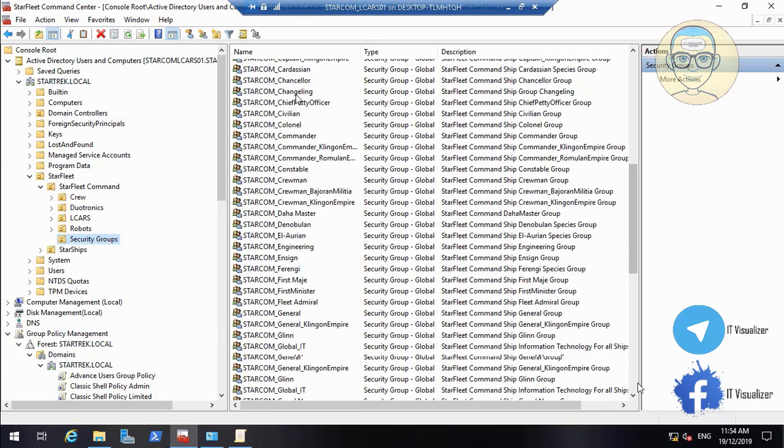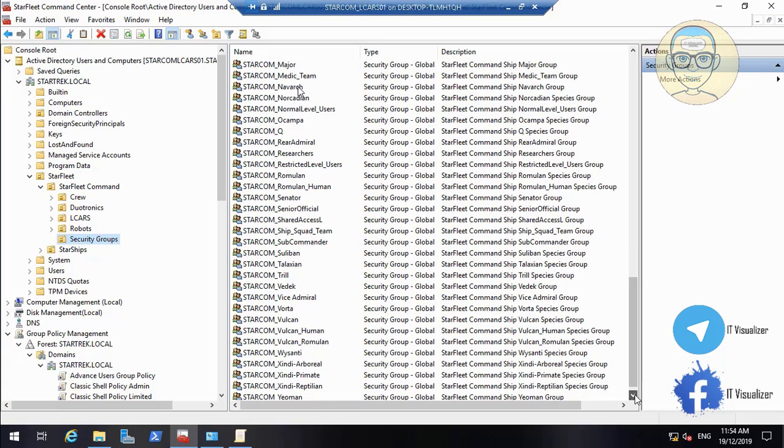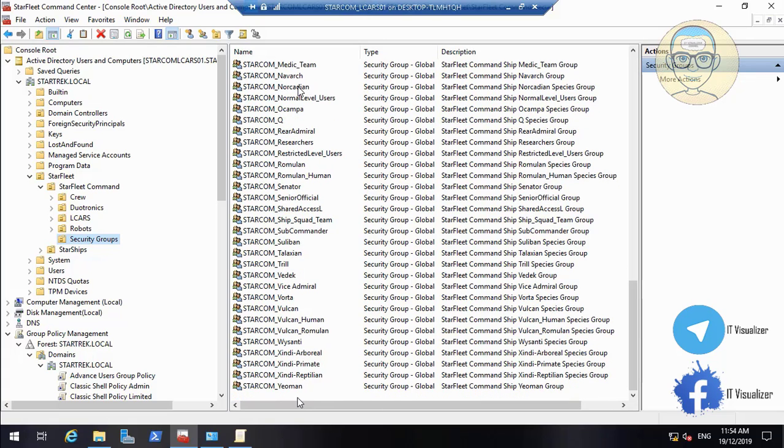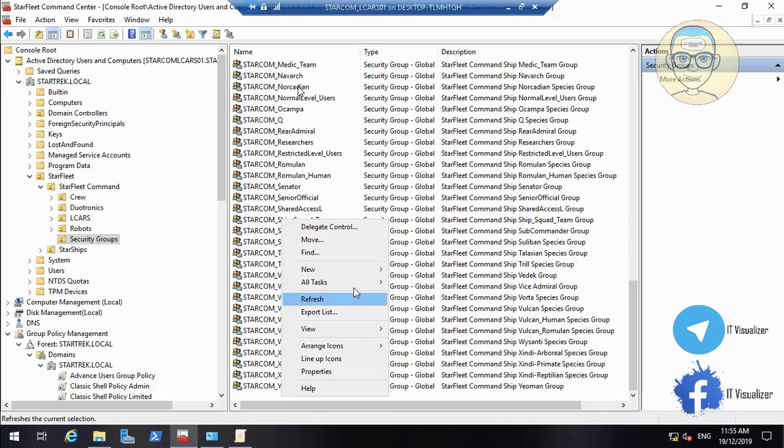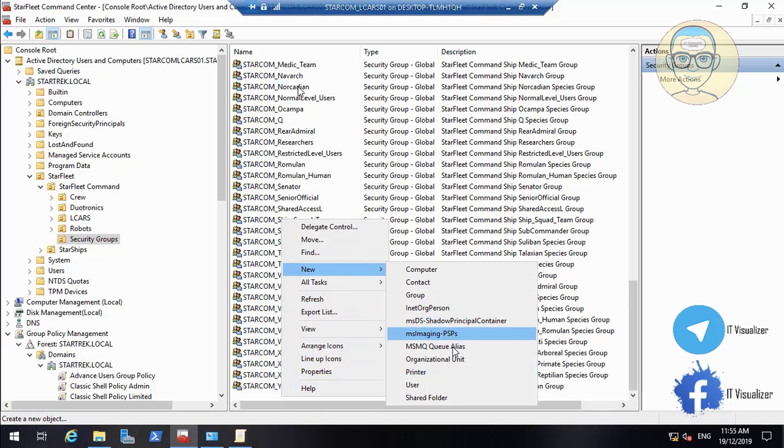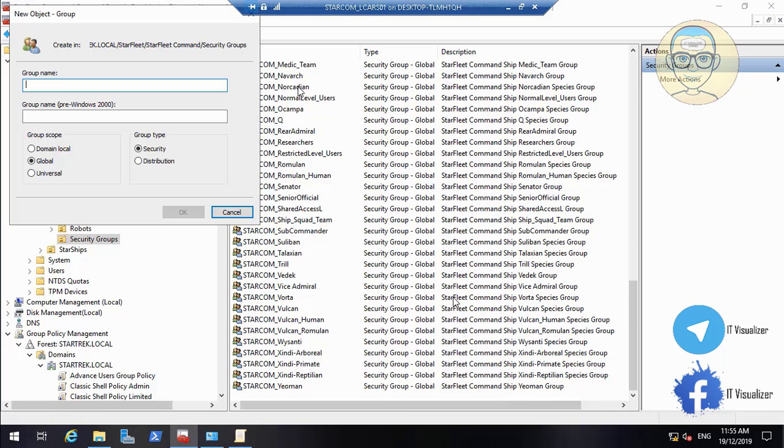This is a group that contains all of the users in the domain, but I will make a group for the DFS, something called Starcom DFS users, and I will put all of the users in my domain, the ones in the main branch and the branches, or the ones in the Starcom Fleet Command Center and all of the ships, in this group. So we'll make something called Starcom DFS users, and I put all of my users in my domain in it, DFS